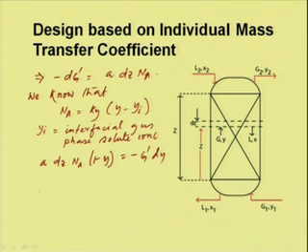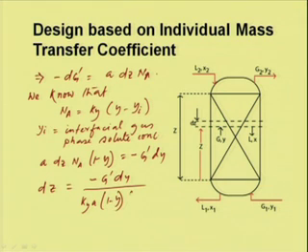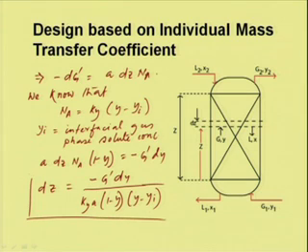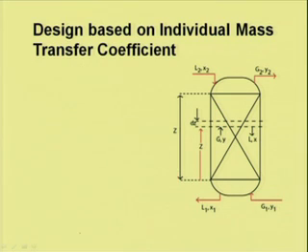So, dz is equal to G dash dy divided by k y a into (1 minus y) into (y minus y I). And these are the equations for dz, and then if we integrate this equation with the appropriate limits,